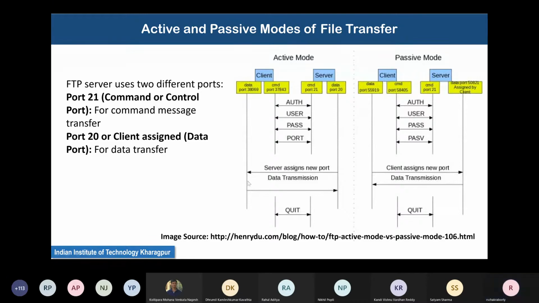Okay. And when the connection is established properly, the server starts the data transmission based on whatever information has been given by the client. So those are probably not shown. There will be additional commands given. For example, the typical command you give to copy a file from the server to the client at the interface is get,